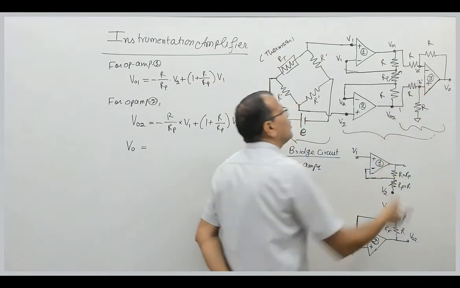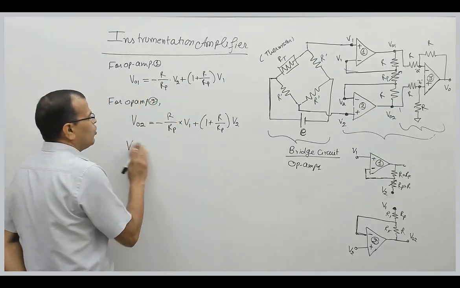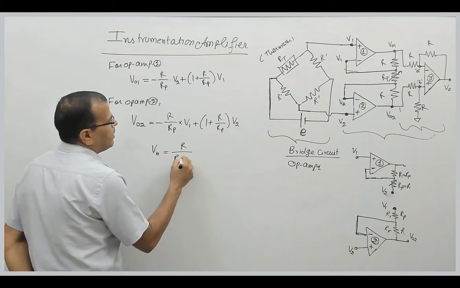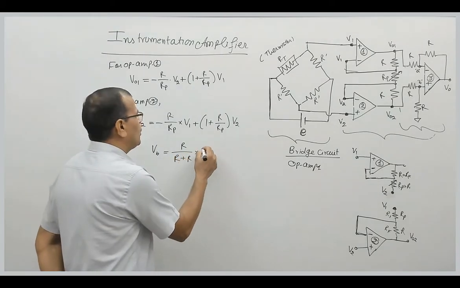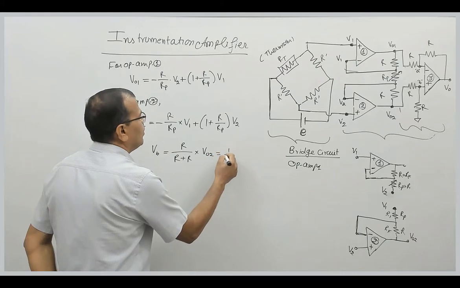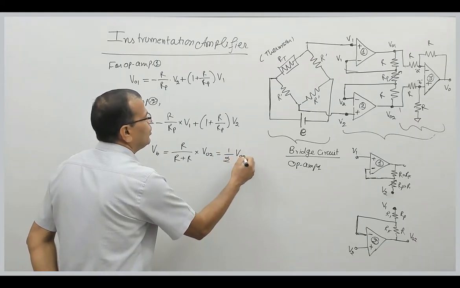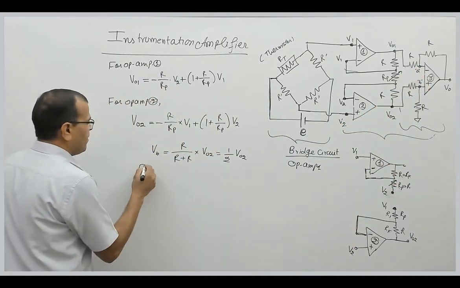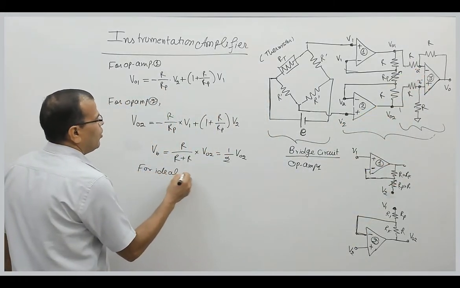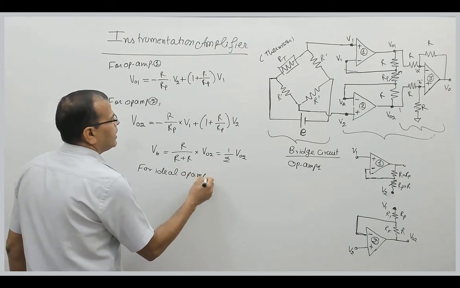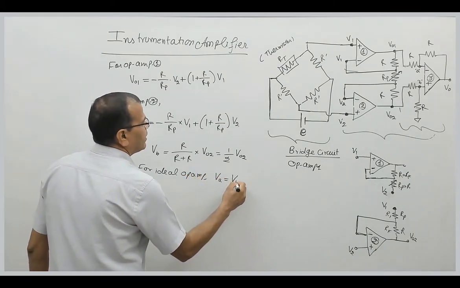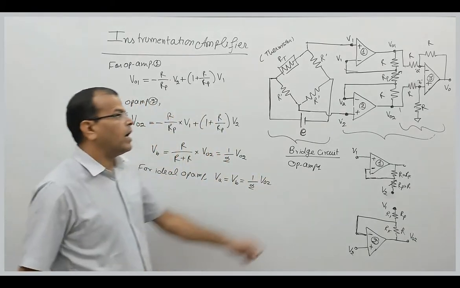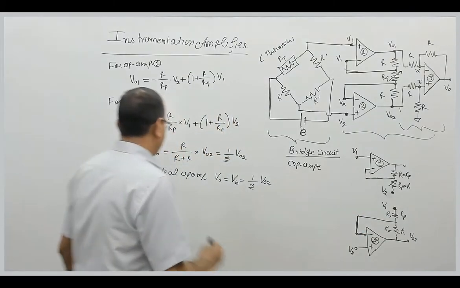What is the voltage at node B? Voltage at node B is R by R plus R into V02. That is 1 by 2 V02. That is the voltage at node A. For an ideal op-amp, what is the voltage at node A? VA is equal to VB, and that must be equal to 1 by 2 V02. Right? And when you apply KCL at node A,